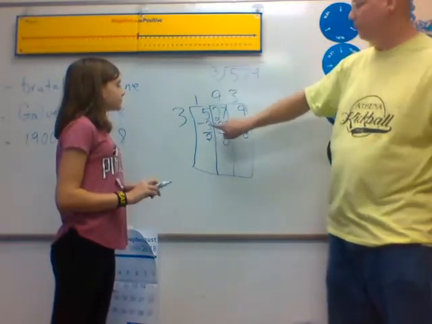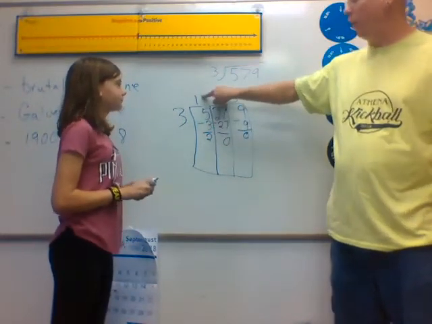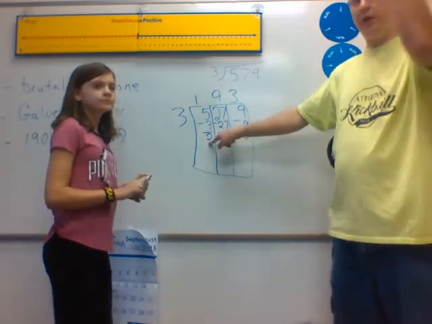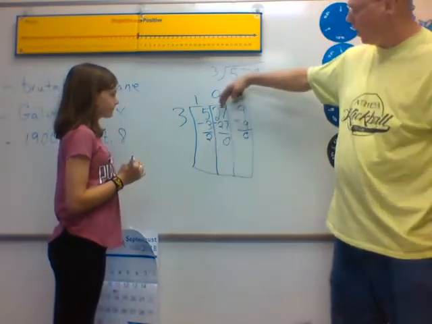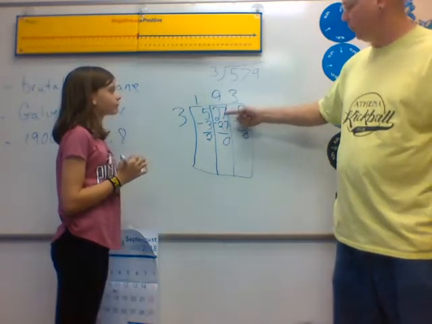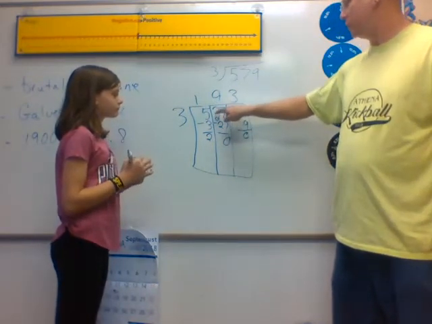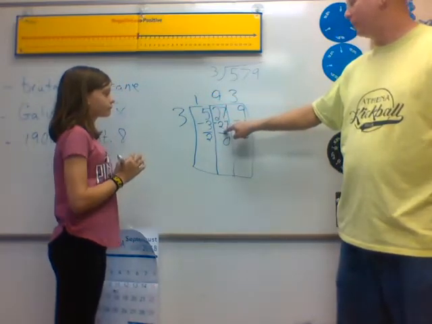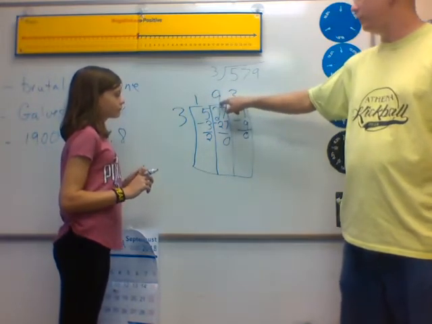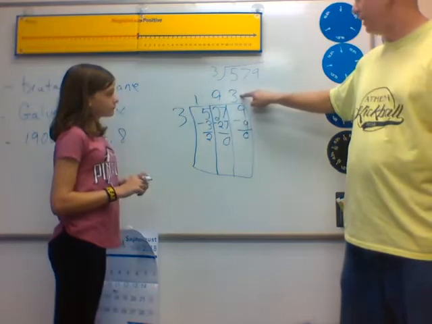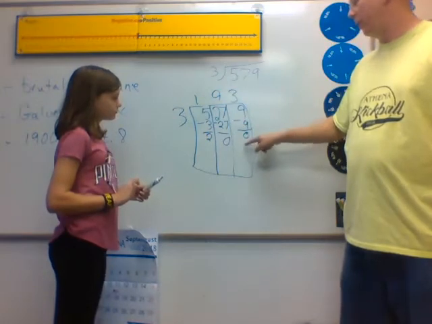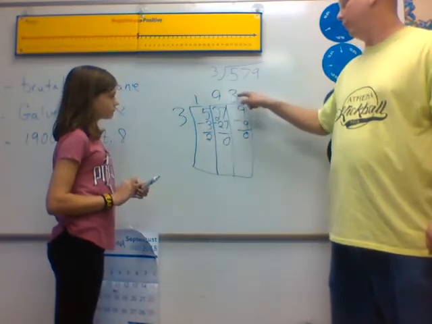Let's talk through it one more time. How many 3s can we take out of this 5? 1. 1 times 3 is 3. Subtracting, it's 2. And then rather than bringing our next number down, we carry this up. And this 7 turned into a 27, just like it would have been traditionally if we'd brought this 7 down. She says that 9 times 3 is 27. So we used up our whole 27. We don't have any leftovers. We have our 1 and our 9 in place. We come over here to our 9 and we say if you take 3 3s out of 9, 3 times 3 is 9, and no leftovers. So 193 is the answer to